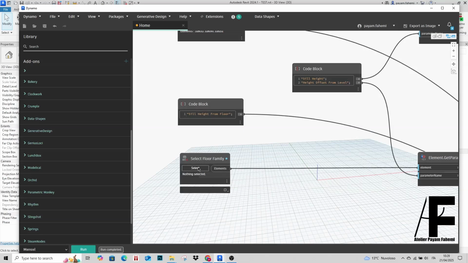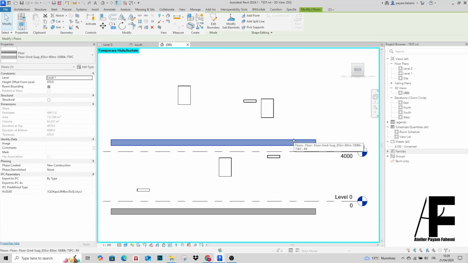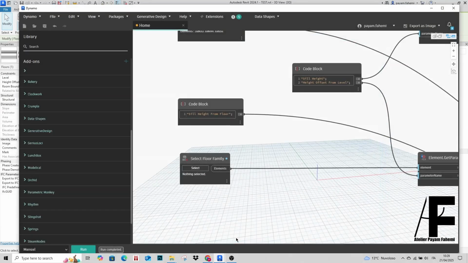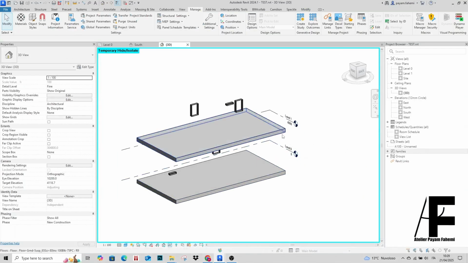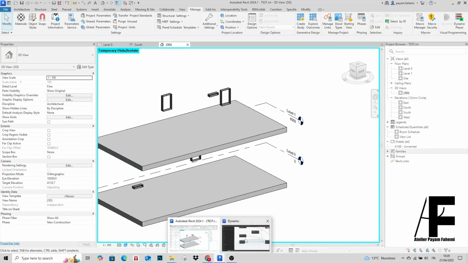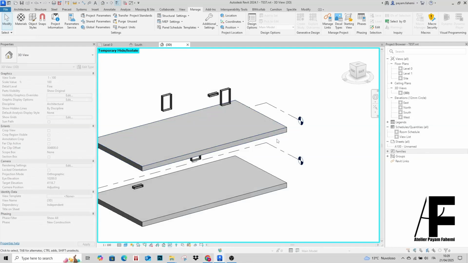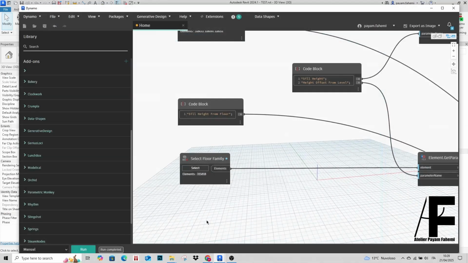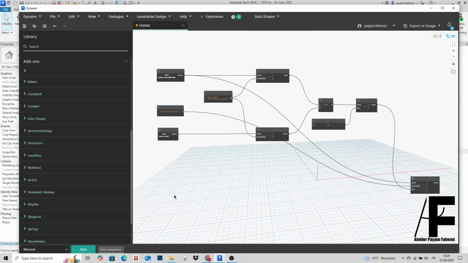And I'm going to select the floor from which I'm going to calculate the sill height, which is this one. I haven't got that. Let me select this again. Cool, I have actually selected my floor family as well. And now if I go and hit run,